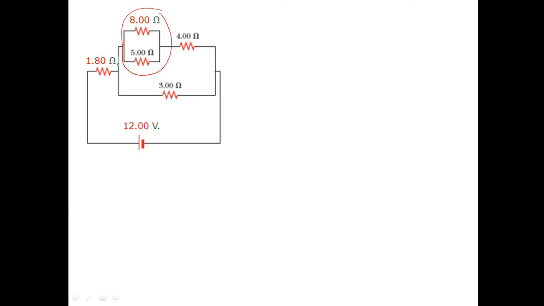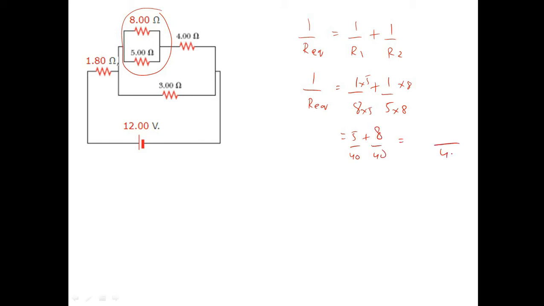are in parallel combination. We know that in parallel combination the reciprocal of the equivalent resistance is the sum of the reciprocals of the individual resistors. We can say that 1/R equivalent equals 1/R1 plus 1/R2. So 1/R equivalent equals 1/8 plus 1/5, and if we multiply by 5 here and by 8 here to get a common denominator, we get 5 plus 8 over 40, and 40 is the common denominator, so we get 8 plus 5, that is 13/40.